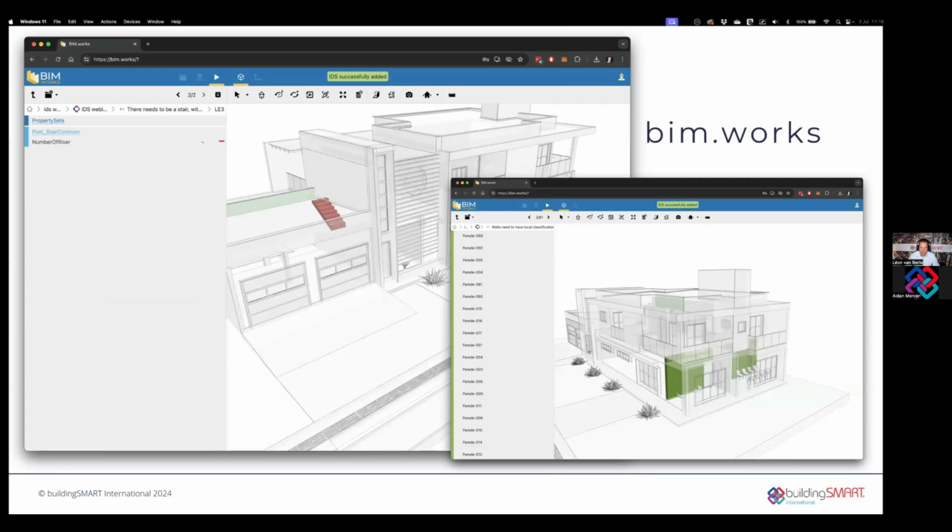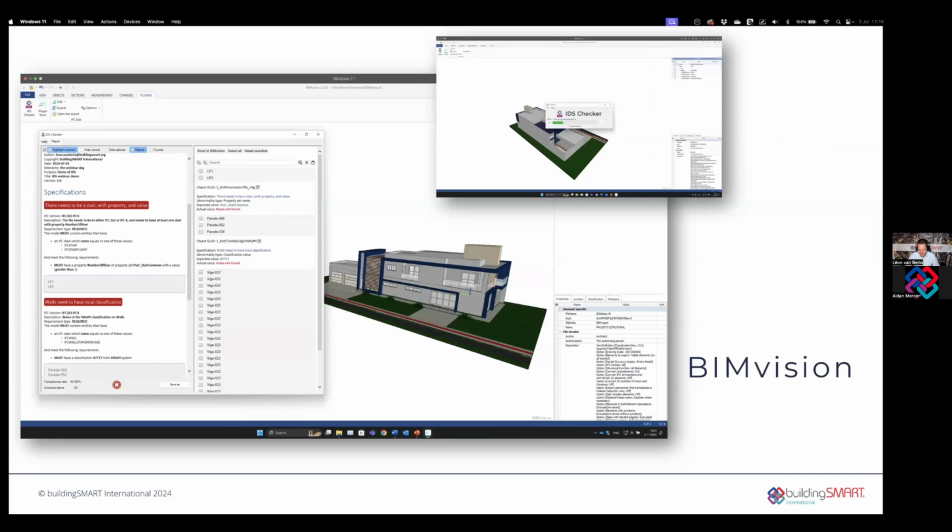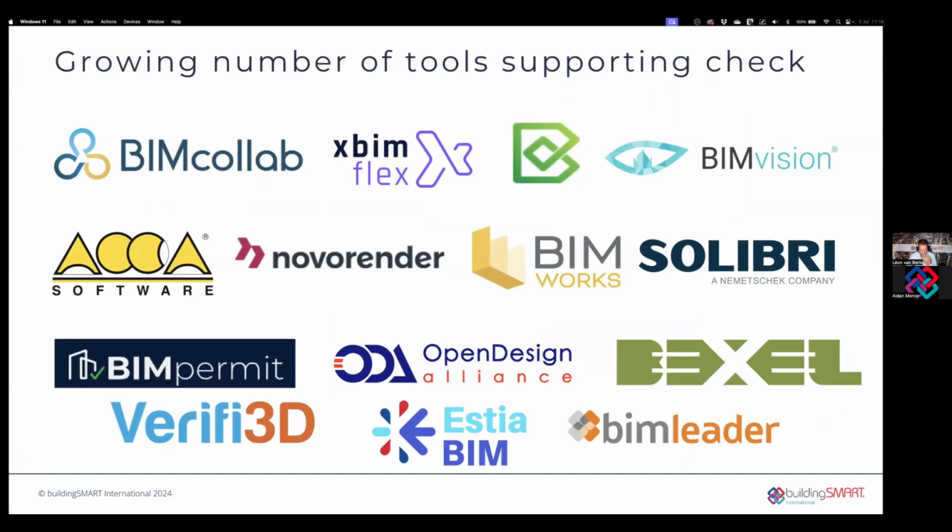I tend to use BIMWorks in demos as well, because it has a pretty nerdy interface. I prefer that. BIM Vision recently has released an IDS checker as well that has a completely different interface, much more human readable in a report style. So again, also in this situation, there are multiple different software tools that we know of that are able to perform this check. We've seen a couple again last year in Lillestrøm, the front runners, but there's quite a lot recently after the release of 1.0 that have also